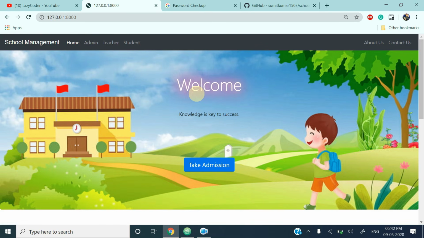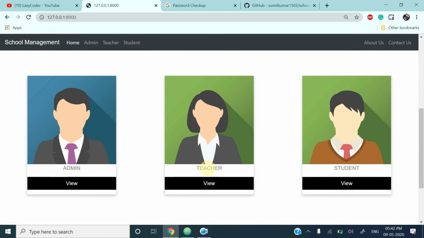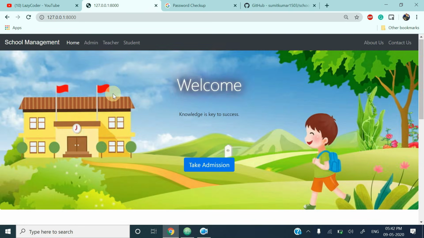Now we will log in as admin and approve this teacher, that is Donald Trump, and the students Sumit and Subham. So let's log in as admin.